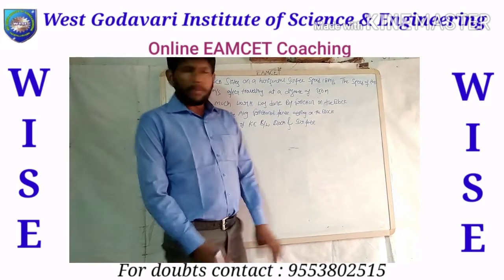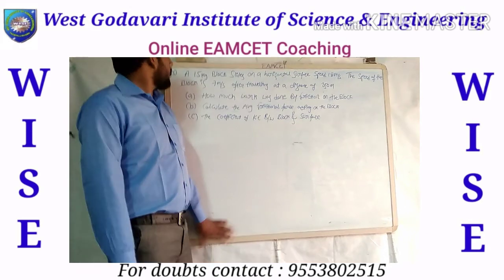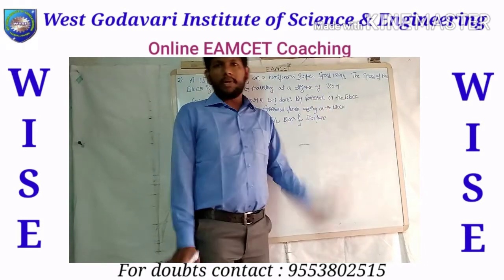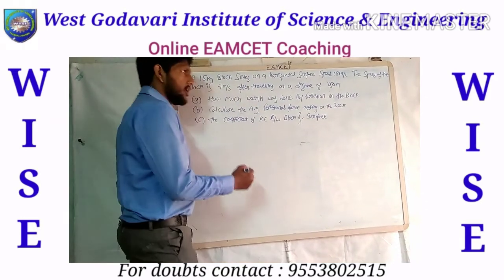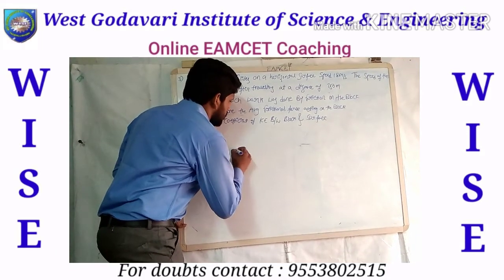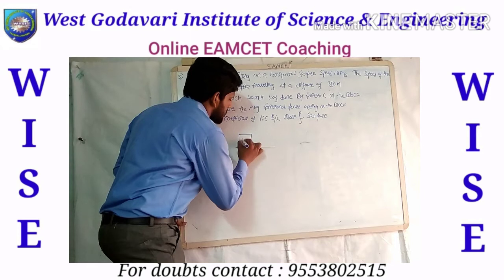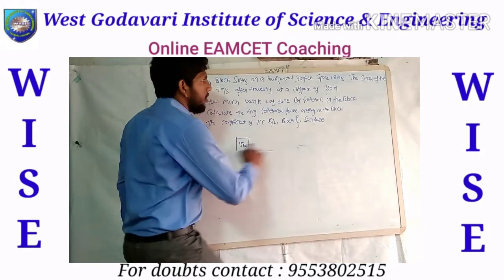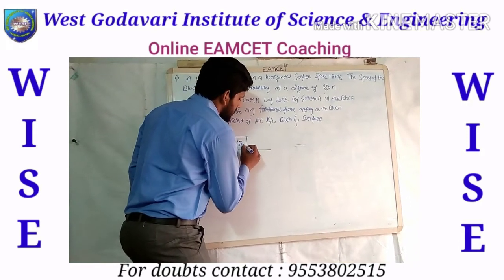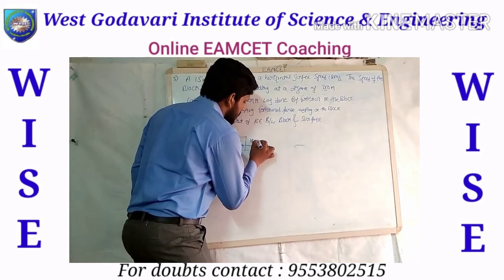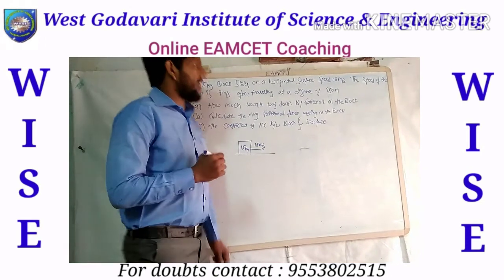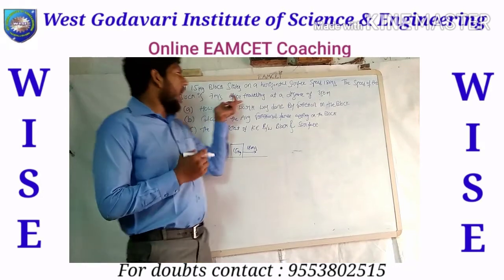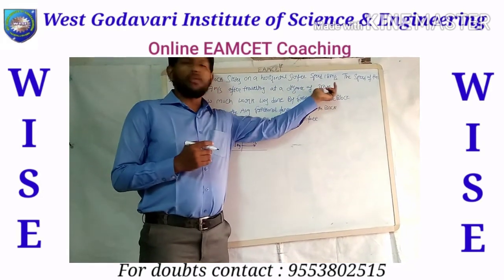Okay students, the third problem: here you need to read it as a 15 kg block slides on a horizontal surface with a speed of 18 meters per second. Stop there and let us consider how it is. This is the 15 kg block. What is going to happen? It slides on the road at 18 meters per second. This is the mass and velocity we have. Now the speed of the block is 7 meters per second after traveling a distance of 250 meters.